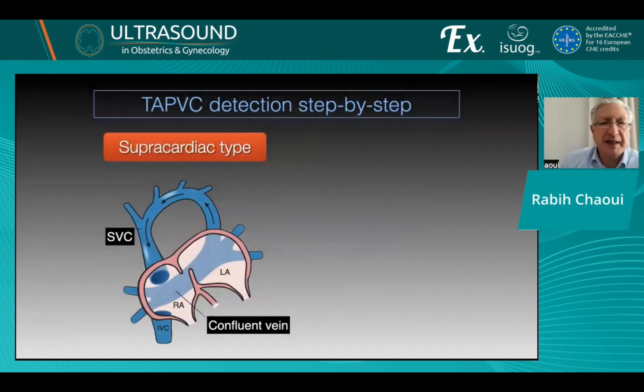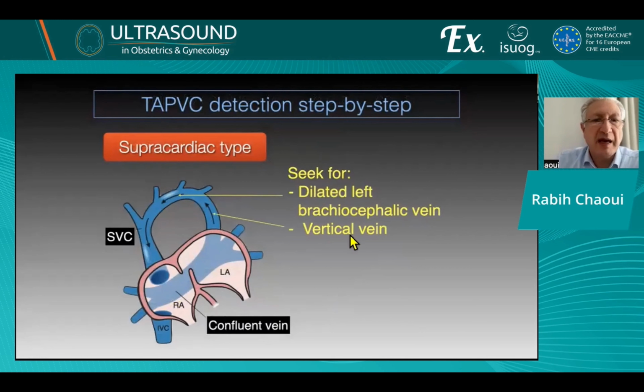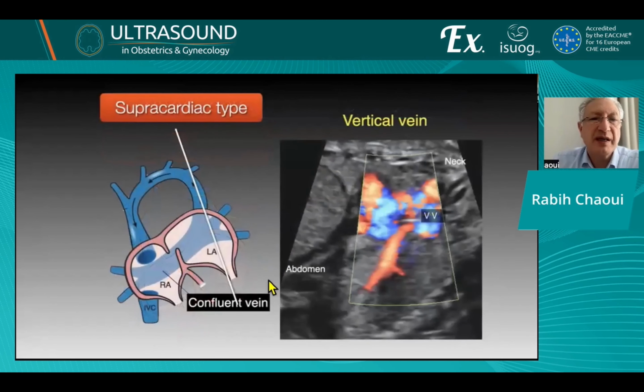In the supracardiac type, we seek the lung veins behind the heart, and you see that the confluent vein will drain into the vertical vein, which is then draining into the brachiocephalic vein, leading to its dilation. So in other words, getting a sagittal view or parasagittal view, you see the vein